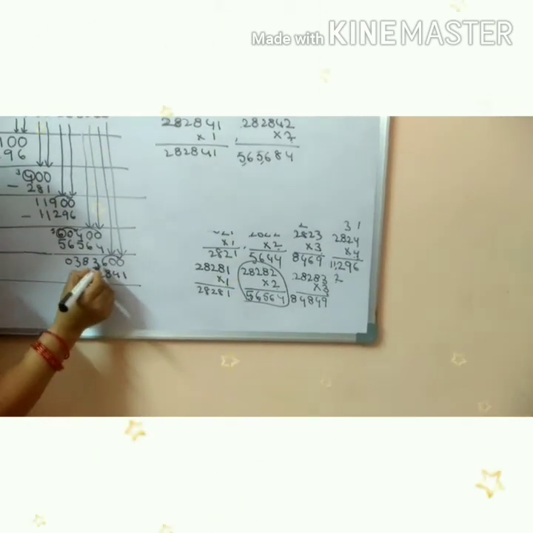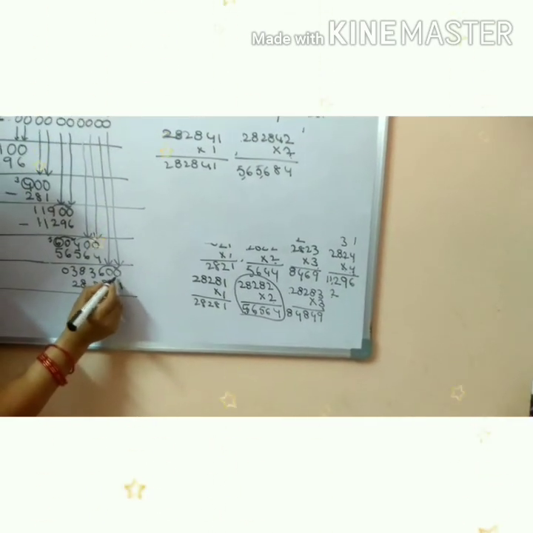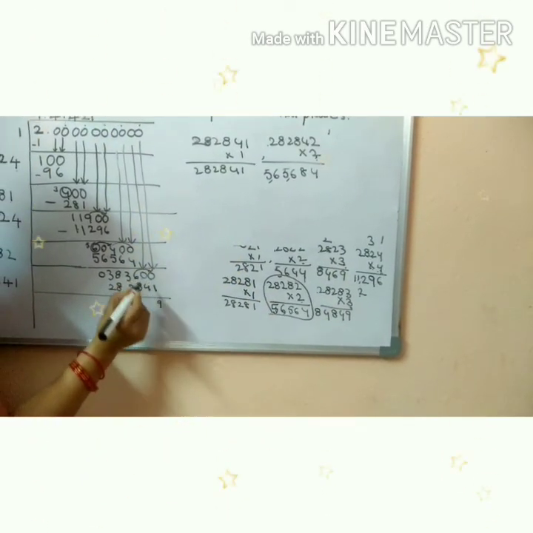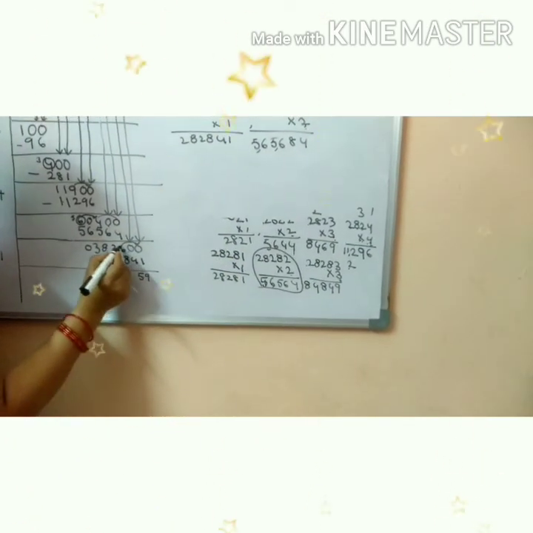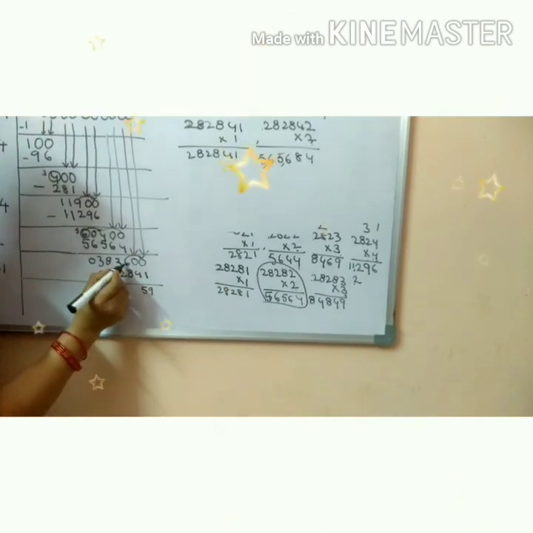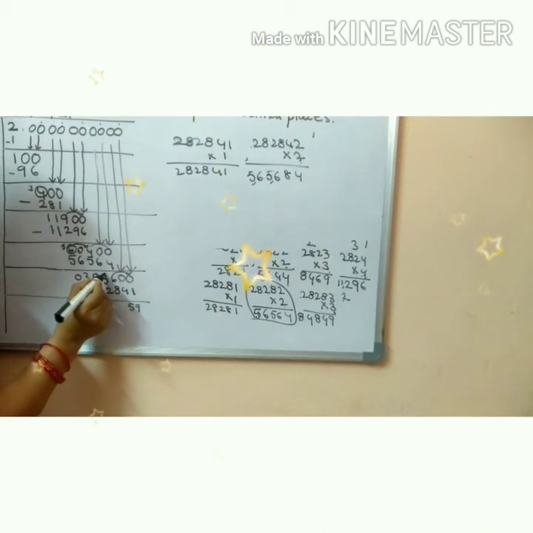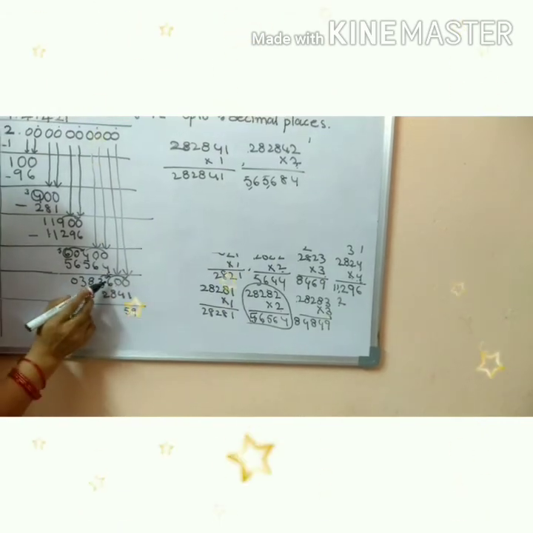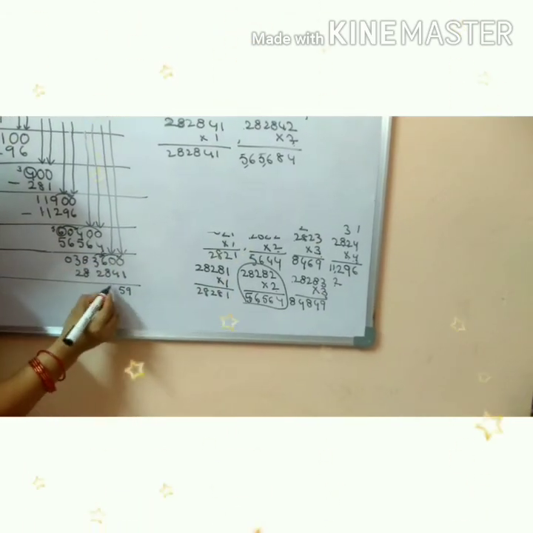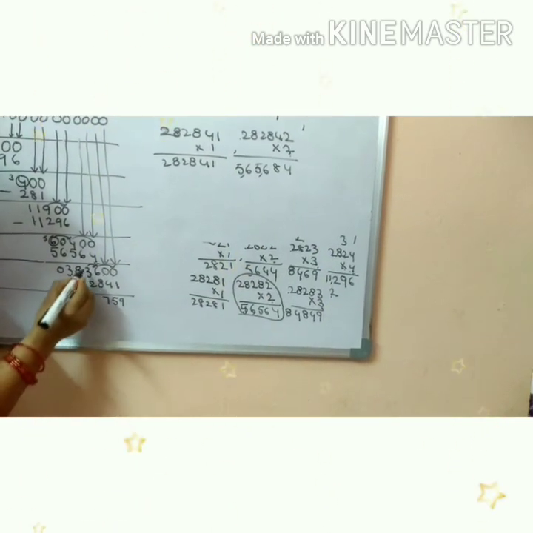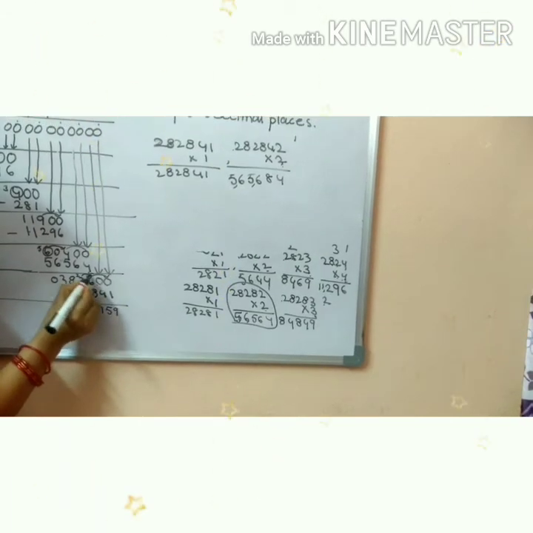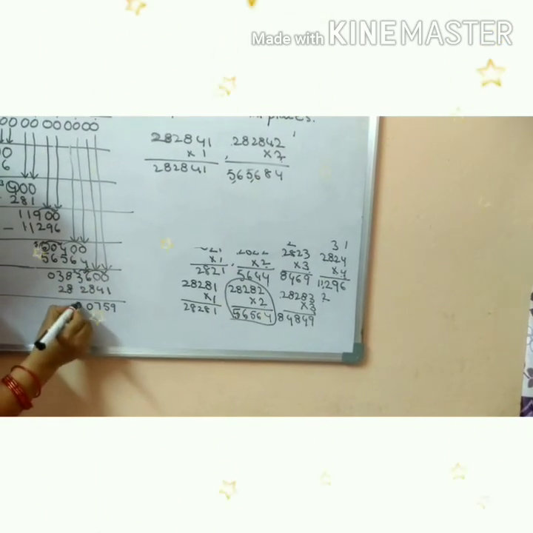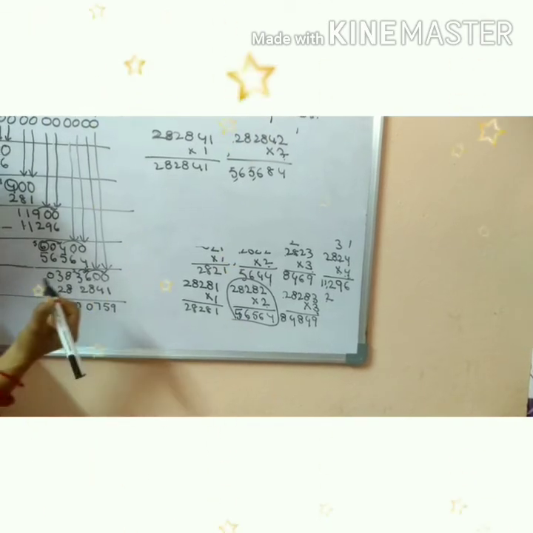So here 0, then borrowing of 1, 10. We will get 10, 10 minus 1, 9, here 9 is there, 9 minus 4, 5, here 5 is there. Up to here borrowing 1 is going, so here 5 is there. So 15, here take the borrowing 15, okay, 15 minus 8, 7, 2 here 2 is there. 3 minus 1, 2. 2 minus 2, 0. 8 minus 8, 0. Here 3 minus 2, 1.